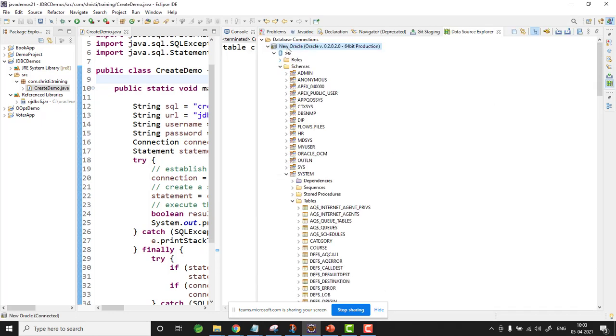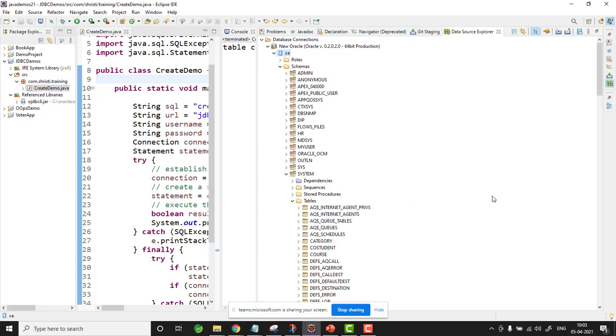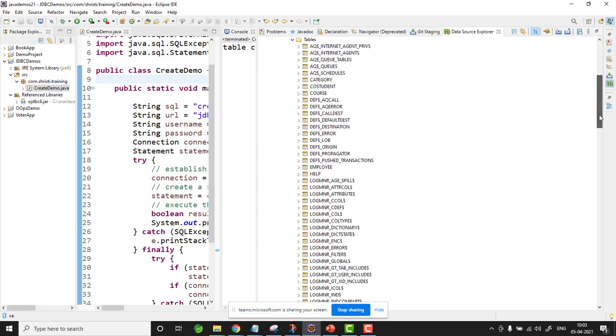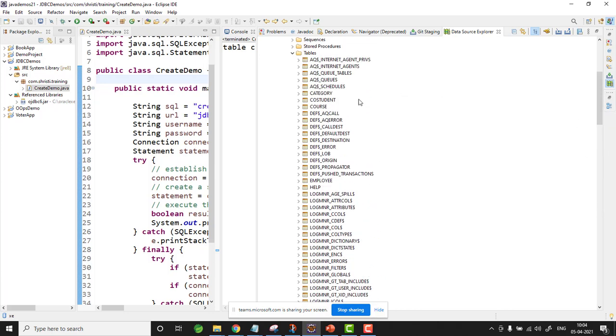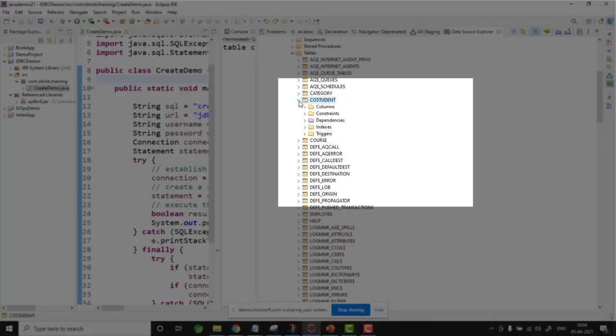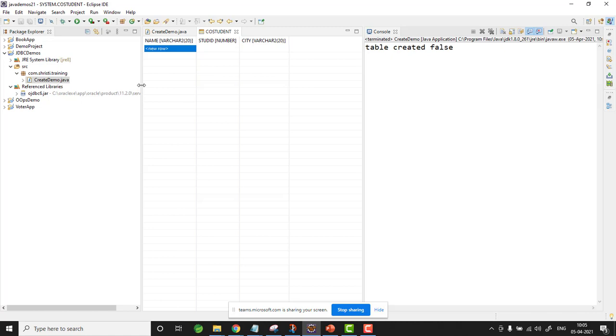What you need to do is select XE, right click, refresh. Now come to Schemas, come to System, come to Tables, check whether the table is created or not. If you cannot see it, again you refresh it, you can just see the table. Oh, it has to be C, co-student. Here. Can you see this co-student? Let me open it. I want to see what all the columns are in the table. City, student ID, name. If you want to see it in a table view, select it, Data, Edit. Can you see this? Yeah, actually like in case of Boolean, what is the default value? False. So they are giving the default value once the table is getting created. That's it.